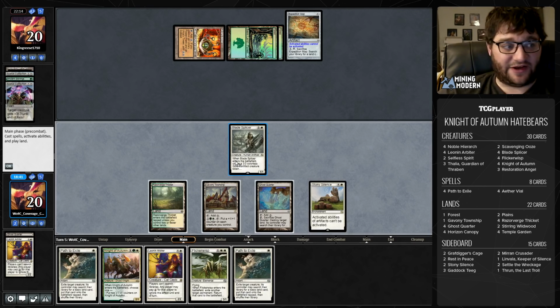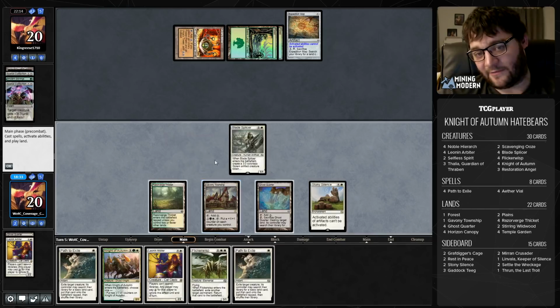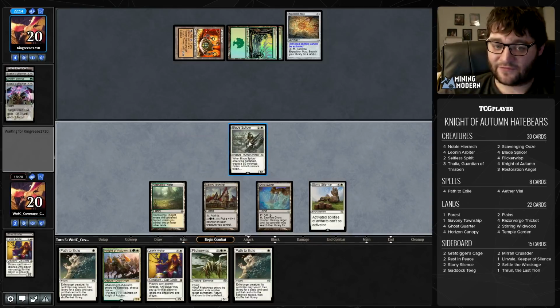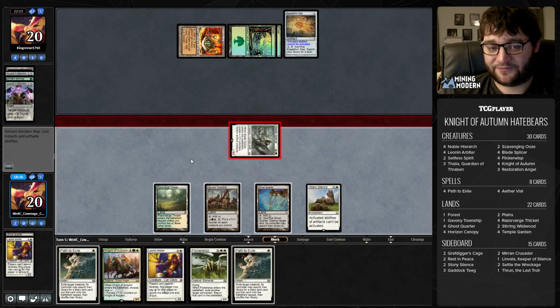We're getting a little hosed by not having our colors here. It's not the first time it's happened to me either. I understand why Gathering Township's in the deck, but... I'm honestly considering just pathing my own thing here. I shouldn't do that, right? I should just play the Leonin Arbiter, but...